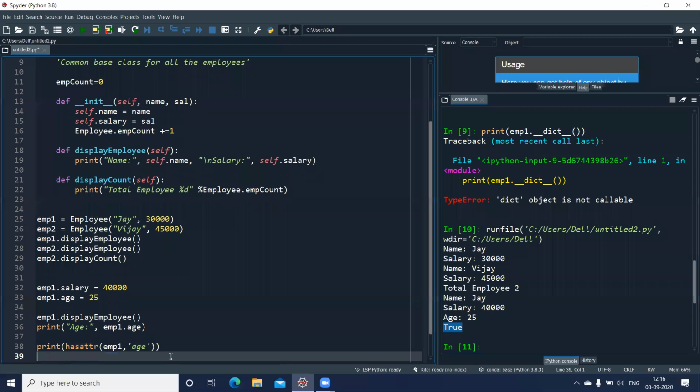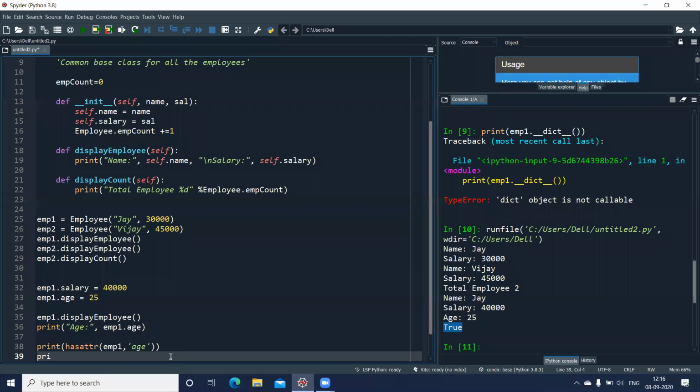Similarly, I can also say if I want to retrieve a value. Now, in the previous case, we used the display employee method, or we can also directly make use of the print statement. I can write emp.salary and display the salary. The other way of displaying it is using the get attribute function.